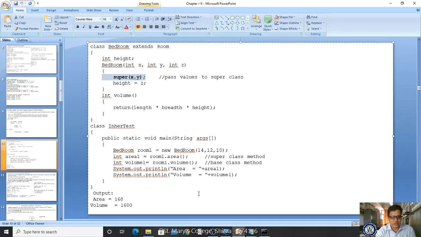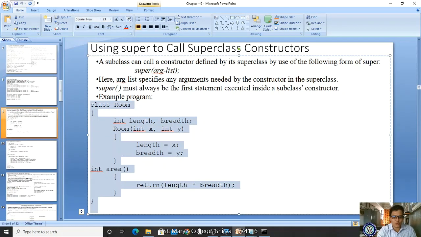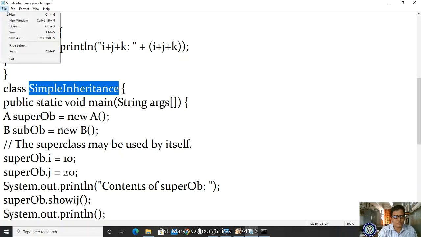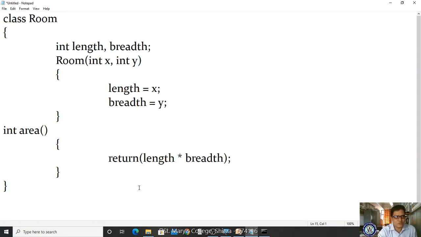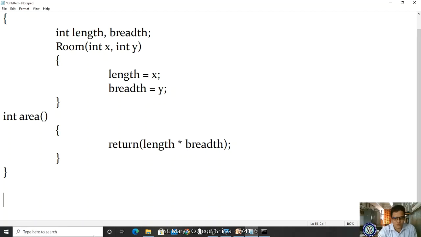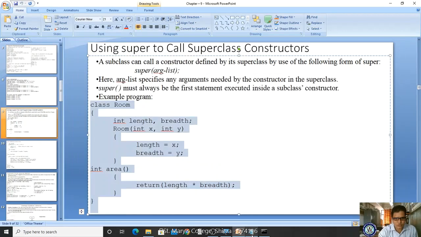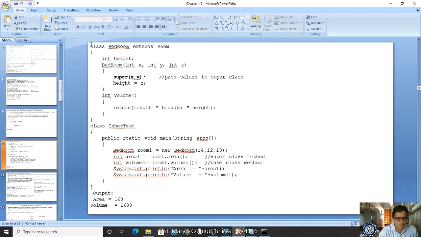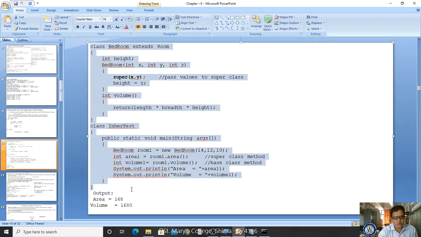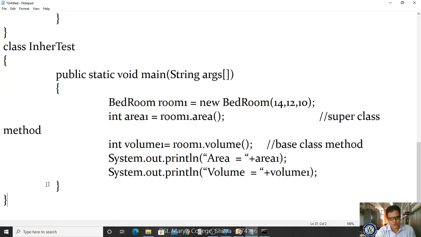Let me explain the execution of this program. I'm copying this program. I'm taking my notepad. Already I'm opening it. Okay, let me take a new file. I'm pasting. This is the class BedClassroom. Now I'm coming back. Don't give the space. Sometimes the spaces also create a problem. And I'm copying this program, and pasting. Are there any mistakes? These are the mistakes. Double quotation should always be like this in notepad, otherwise it will give an error.